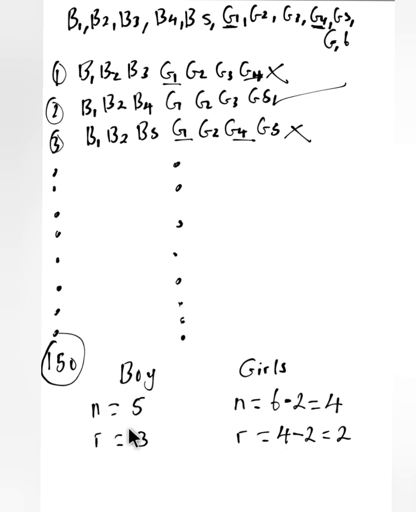From here, for boys it is still 5 and 3 because it does not really affect number of boys. Simply because 2 girls are choosing, we subtract 2 from 6 and subtract 2 from 4. So we're going to solve with n equals to 5, r equals to 3 for boys, and n equals to 4, r equals to 2 for girls. Now if we do that, we have n combination r of boys times n combination r of girls. This will give us 5 combination 3